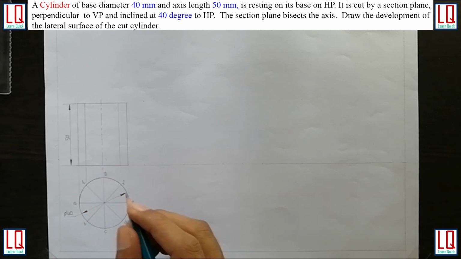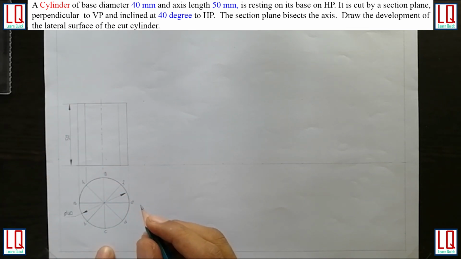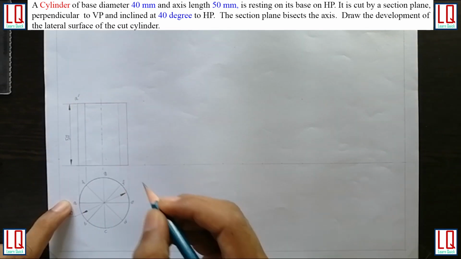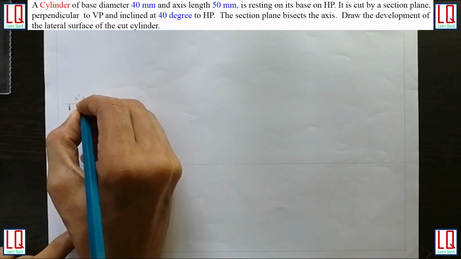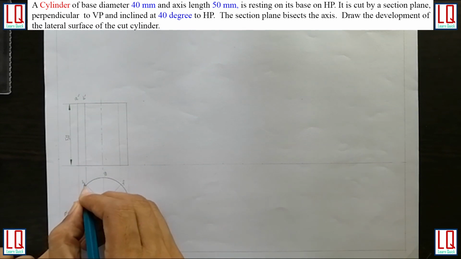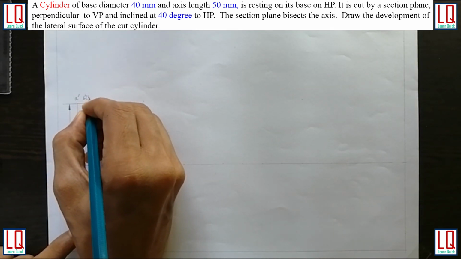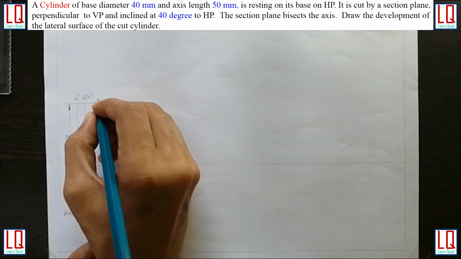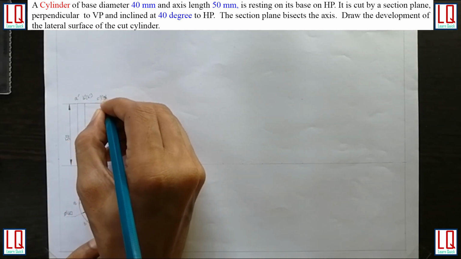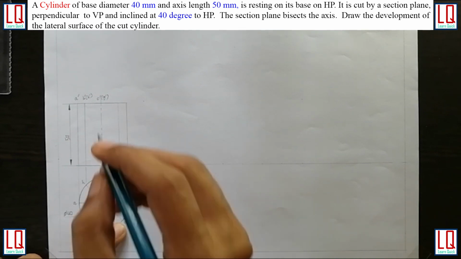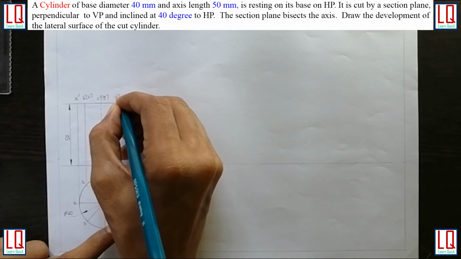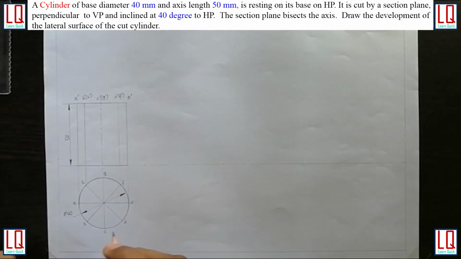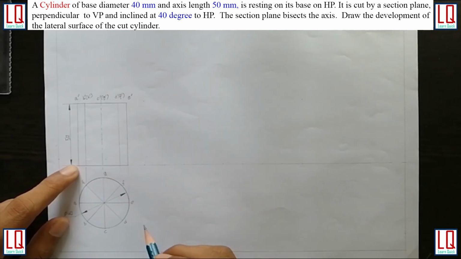So now I am going to name the front view of the cylinder. If I see from the front view, A is visible, so I am going to mark here A dash. B is visible, B dash. Behind B, H is not visible, so B dash bracket H dash. Next I have C dash bracket G dash, D dash bracket F dash, and then I have E dash here. Similarly you can mark for base circle.